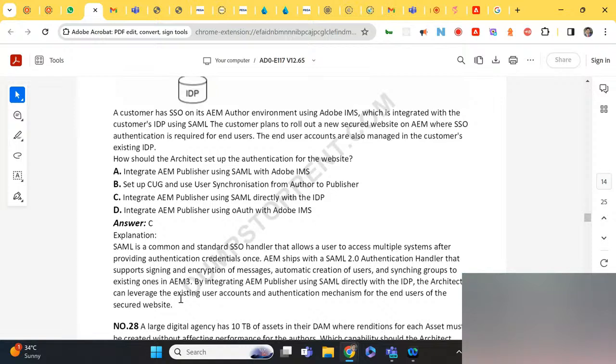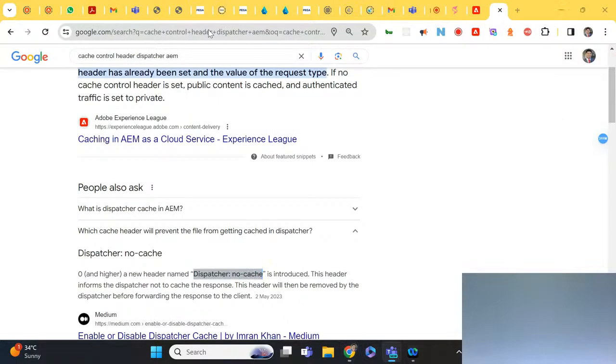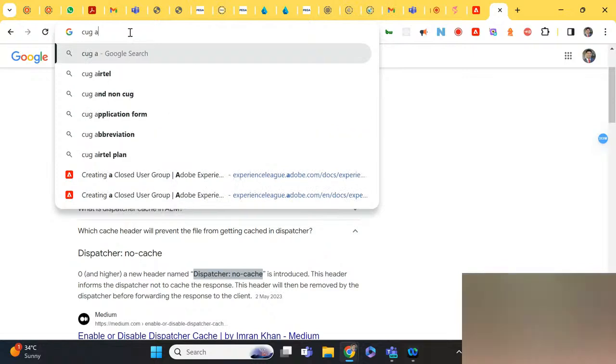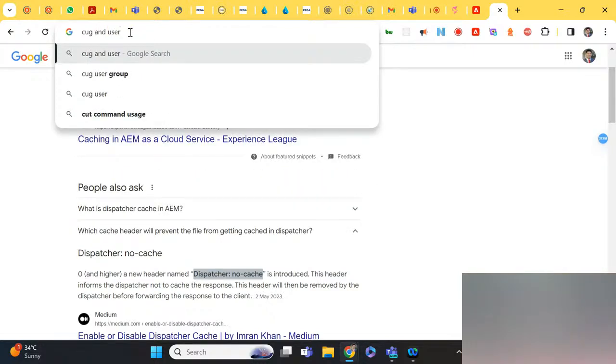And CUG and user synchronization, what we have checked yesterday, how is that less of a solution? CUG is for only specific pages, but this question is for all the pages, I guess. That's true, because for CUG we have to update each page's permissions, and the corresponding group has to be added. Yeah, that makes sense.